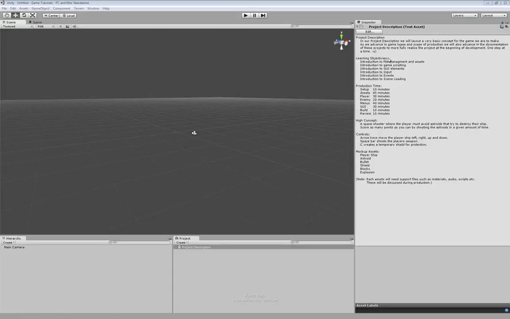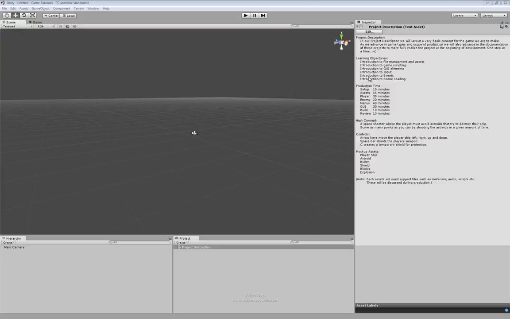Because this is an educational style game, we are looking at what it is that I as a developer am going to try to learn out of this project. How do I want to improve my skill set? For us, we're going to be looking at an introduction to file management and the assets and asset creation and working with assets inside of Unity. We're going to be looking at an introduction to game scripting, an introduction to the GUI elements, applying GUI elements and HUD elements to the screen. We're going to be looking into the introduction of using the API for the input and working with events